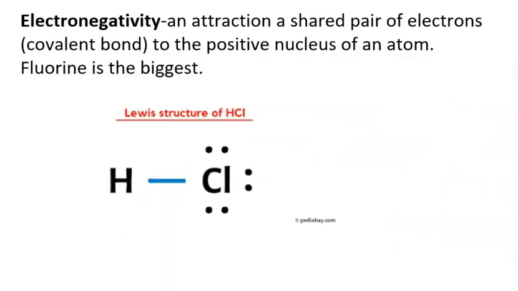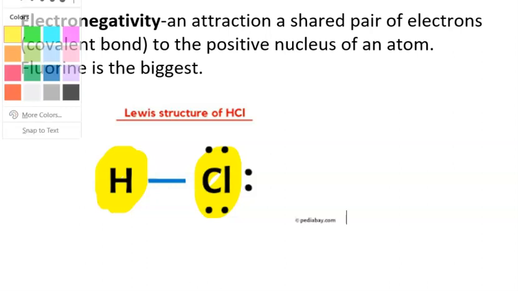Last one, this is electronegativity. Electronegativity is an attraction that a shared pair of electrons has to the positive nucleus of an atom. Now, this is referring to not just the pair, it's referring to the atom. So chlorine's going to have an electronegativity of a certain value, and hydrogen's going to have an electronegativity of a certain value. And we can compare these values to see who has a greater attraction to the shared pair,